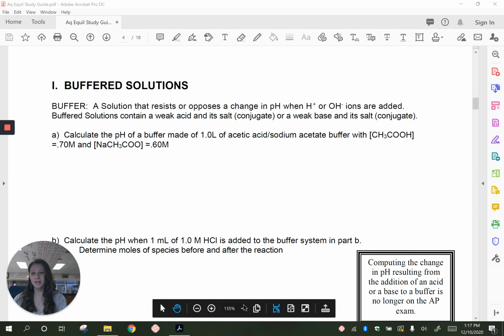Hi everybody, we're going to start talking about buffers today. So let's talk about the definition of a buffer. A buffer is a solution that resists or opposes a change in pH when you add extra H pluses or